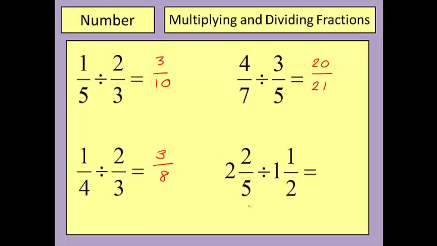So let's have a look at this last example. This one is the trickiest of the four. I actually have some mixed numbers here that I'm going to need to deal with. So I have an integer 2 and 2/5 divided by 1 and a half. First thing I'm going to do is turn these into top-heavy fractions. So this one here, 2 and 2/5, is also known as 12 over 5, and that's being divided by 3 over 2. Once I've got it in this format, I can follow exactly the same rules as before. I'm going to take this flat fraction,